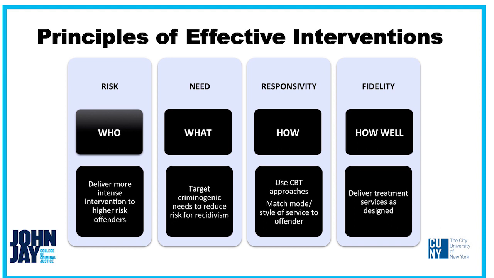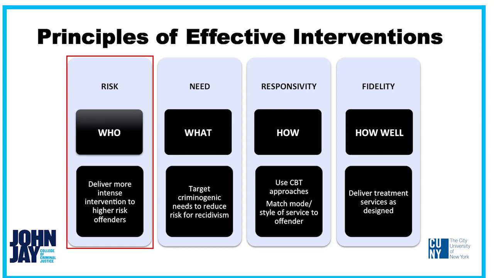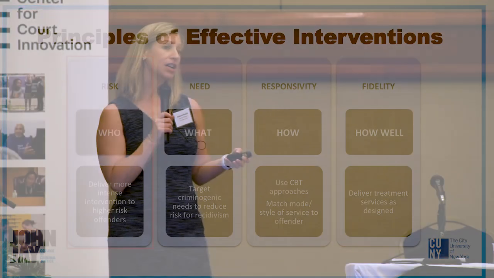When we talk about the risk principle, which is the first principle of effective interventions, the risk principle essentially says that we need to make sure we're targeting higher risk individuals with more intensive services, and that we need to do less for those that are lower risk. When I talk about risk, I'm specifically talking about risk to reoffend, risk to recidivate. And so what this means is we need to know someone's likelihood of getting into trouble again and then